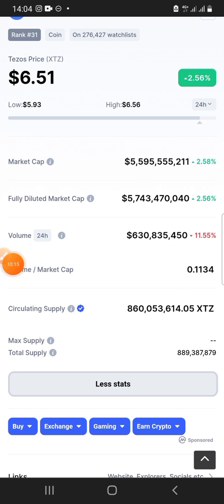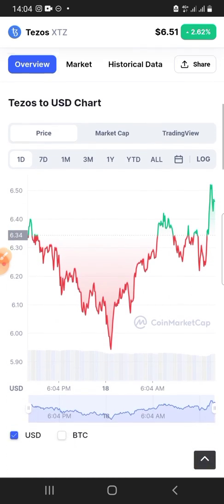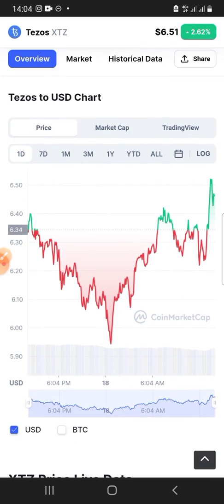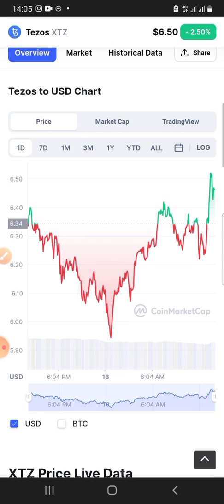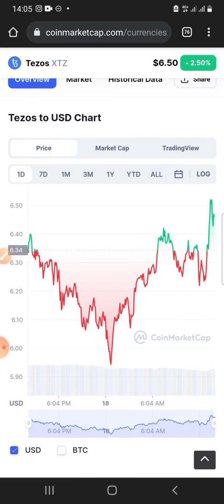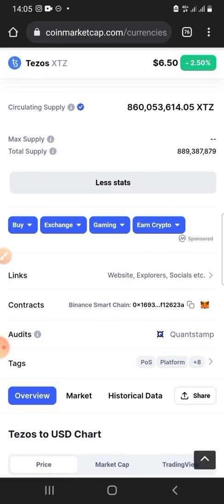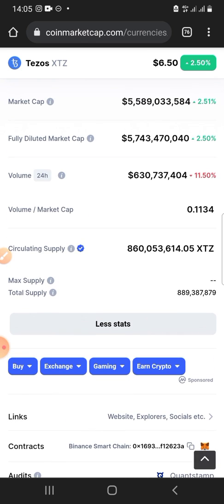The next thing is that we would like to see whether the price action of this particular coin is resonating with the volume we are seeing. So let's come down. We can just use this chart to look at it. Okay, so this is the daily time frame, and we can see some good price action that we've seen. It's cool. It's really healthy. So I think that is it with that. So the first thing you look at is you come and check out for the volume, the trading volume. Okay, looks good.